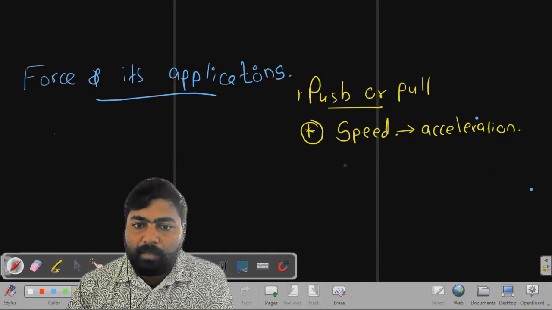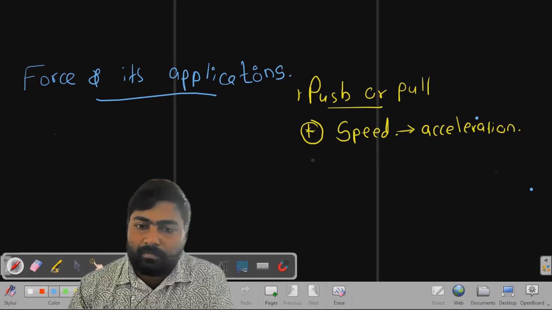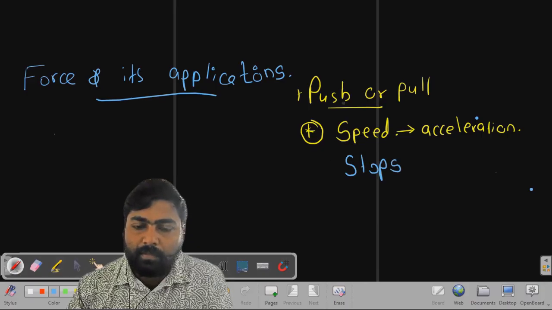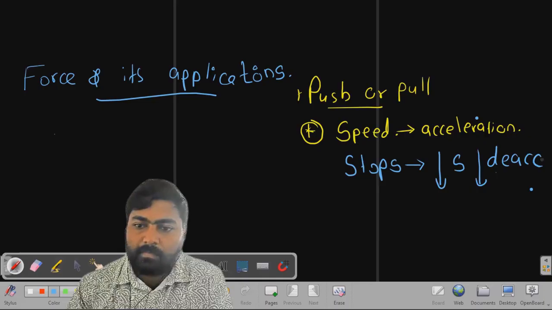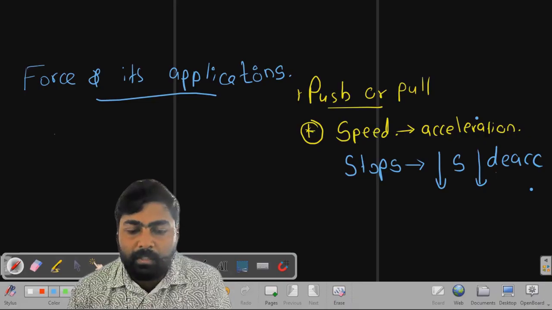What happens when we apply the brake on a vehicle? It stops. Applying the brake is also a kind of applying a force. So what happened? It reduces speed, or it decelerates. It reduces speed or decelerates. Okay, then